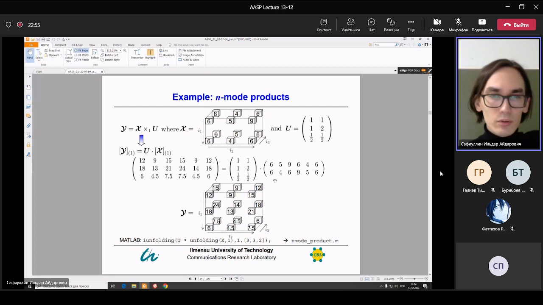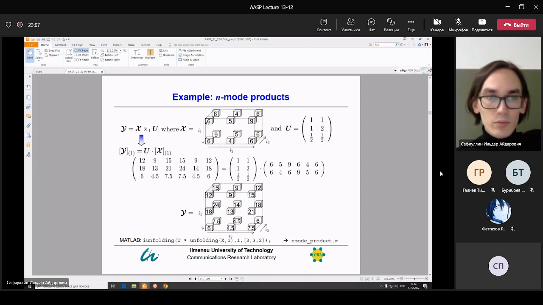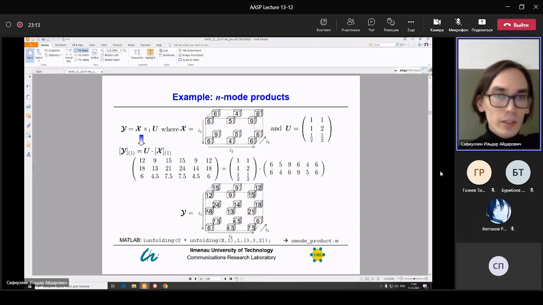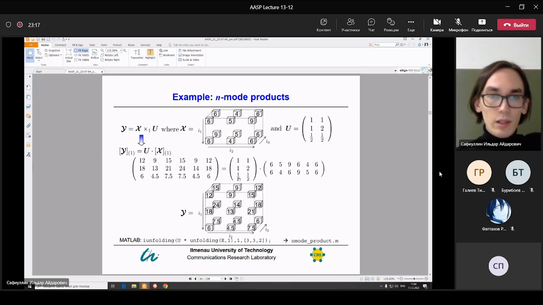Here we use forward ordering, because first we increase first order, then second order or second mode, this one, and then we go to the third mode, so from this part. And then we multiply it with matrix U, and after that we need to go back,